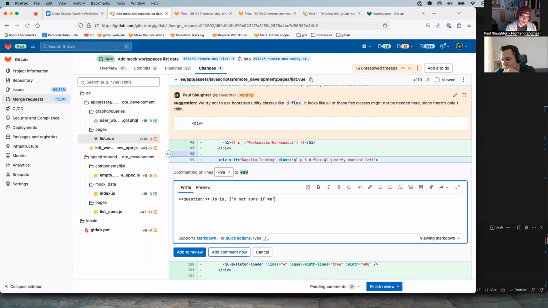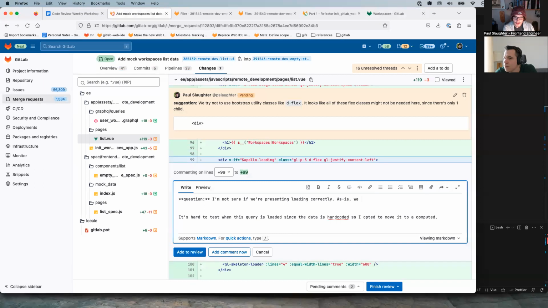I'm not sure if we're presenting loading correctly. Hard to test when this query is loaded, since the data is hard coded. Not sure if we're presenting the loading correctly.